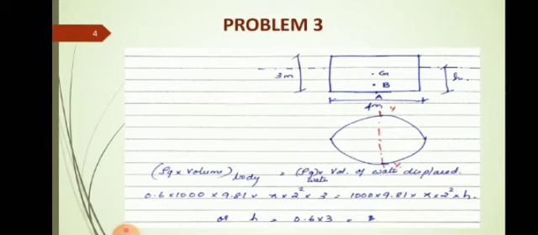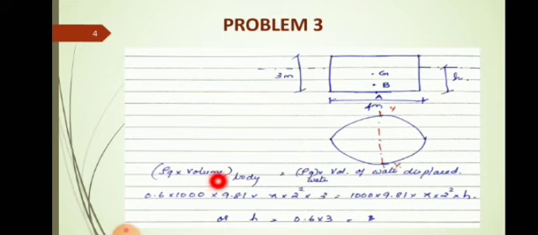So on the left hand side you have to use the rho of the body and on the right hand side the rho of water. Why so? Because for a floating body the weight of the body is equal to the weight of water displaced by the body. So substituting the values, rho value for the cylinder is 0.6 into 1000 into g is 9.81